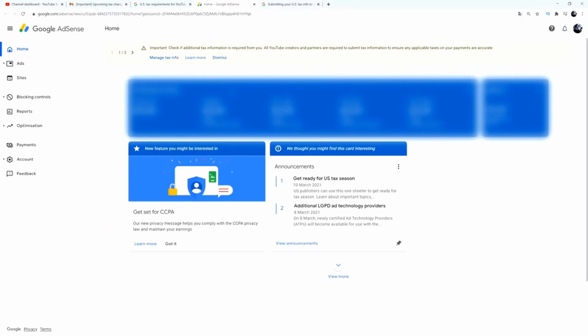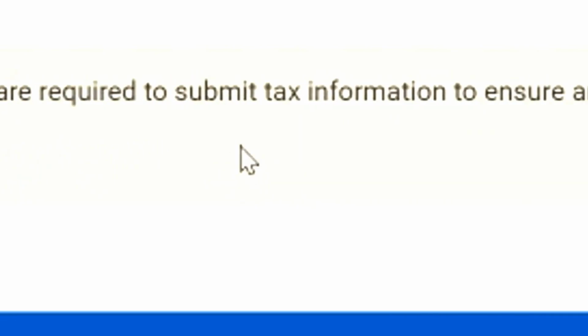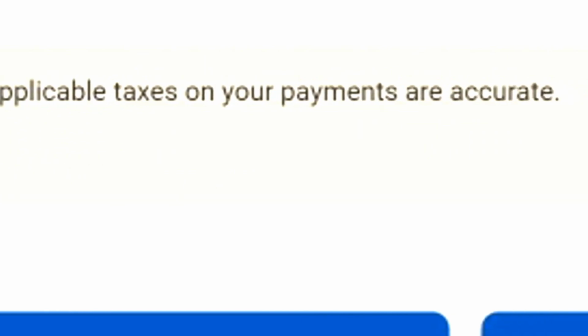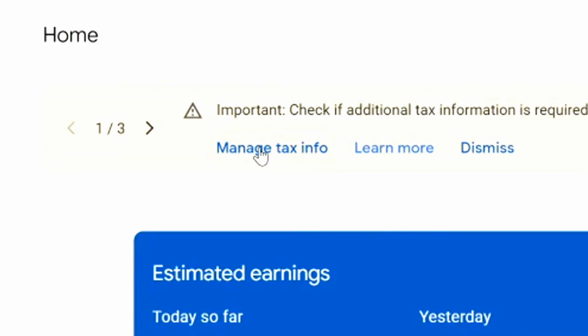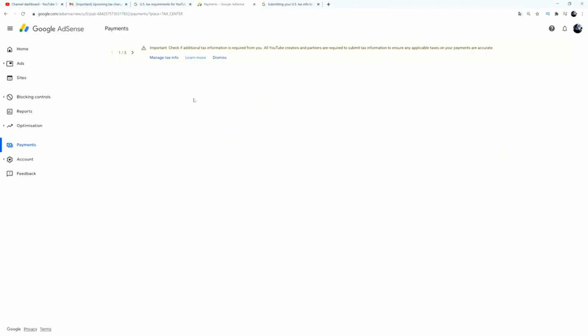All right, so this is my AdSense account. As you can see right here, it says important, check if additional tax information is required from you. All YouTube creators and partners are required to submit tax information to ensure any applicable taxes on your payments are accurate. Okay, so I'm going to click on manage tax info, and then we will see, of course, the form